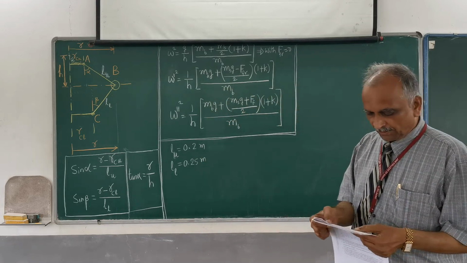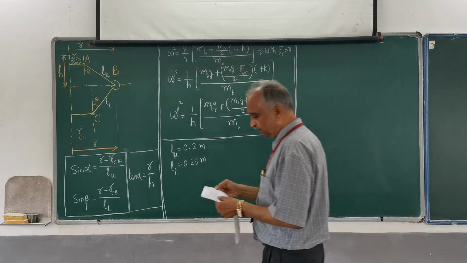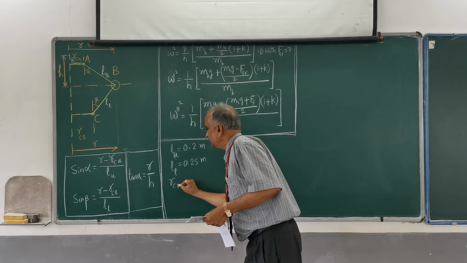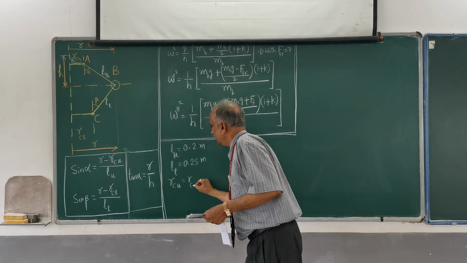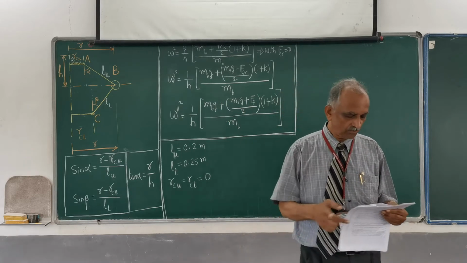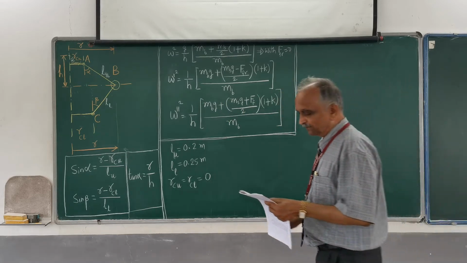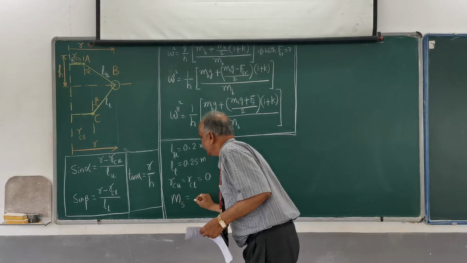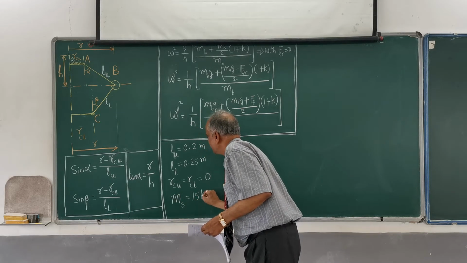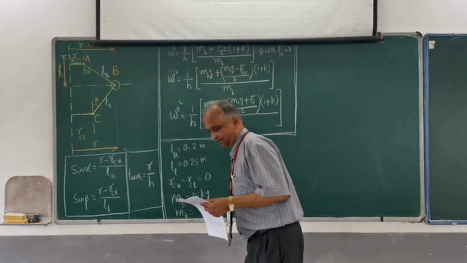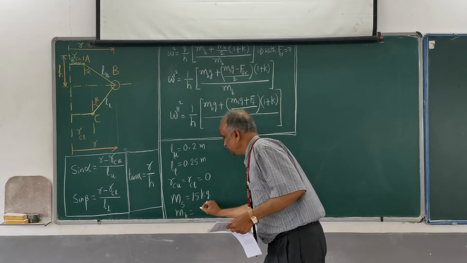Then both of them are pivoted on the axis of rotation. Therefore, RCU is also equal to RCL, and both of them are equal to 0. And mass of the central load, that is nothing but mass of the sleeve, is equal to 15 kg,